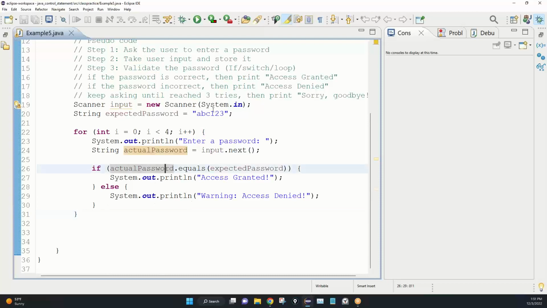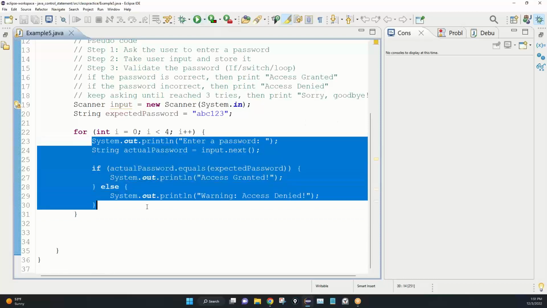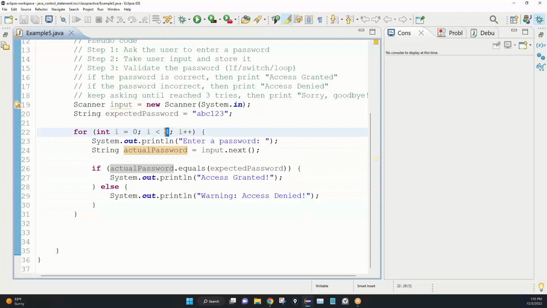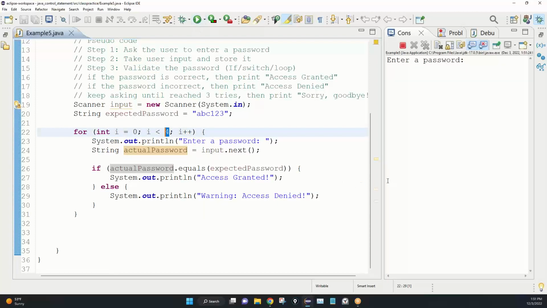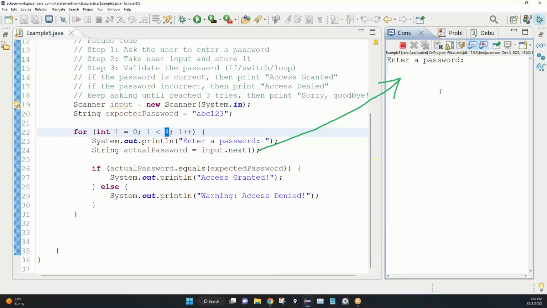Now, where we were is we were going to run this and see what happens. We got this loop around this whole thing. We put a condition of 4. That means it's going to repeat 4 times regardless of whether you put a correct answer or not. That's what Raju was saying. So here I am. The code is asking me for an input, so I'm going to go in here and say,